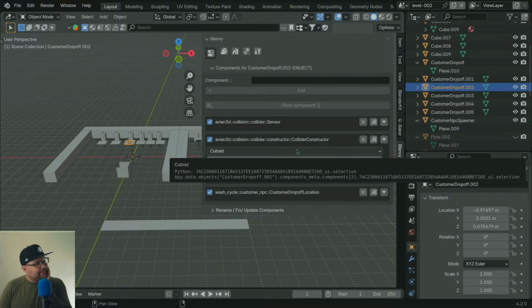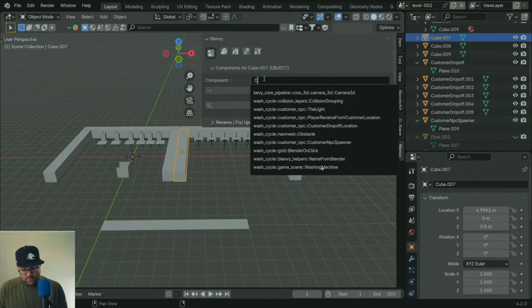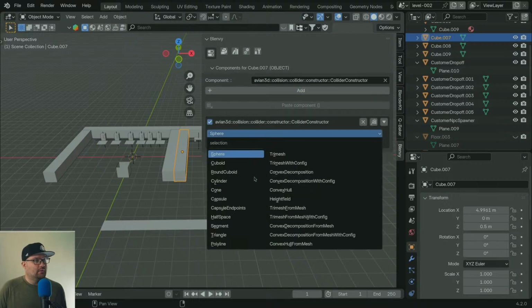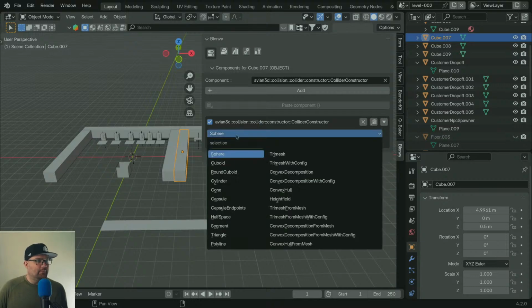Are they doing an enum list for everything? Huh. Let me screenshot that. Save that for later. So this is the cuboid, right? So if we do collider constructor, because that was the one I was looking at, add, I guess this is an enum for everything inside of that. What was the one that was very complicated? It doesn't look like it's in here. So it either didn't exist in this version of Avian or